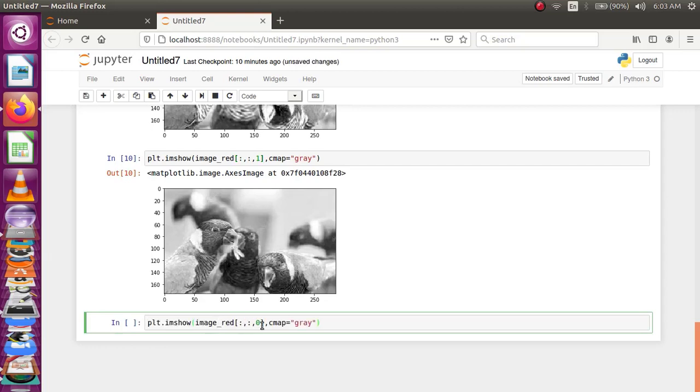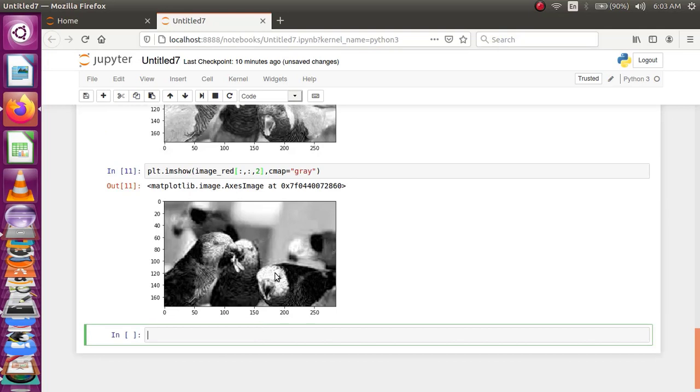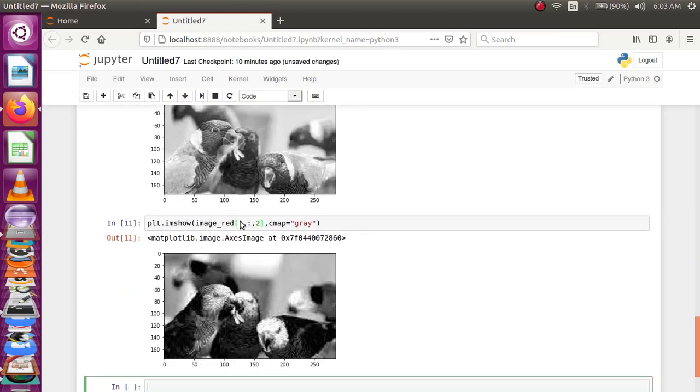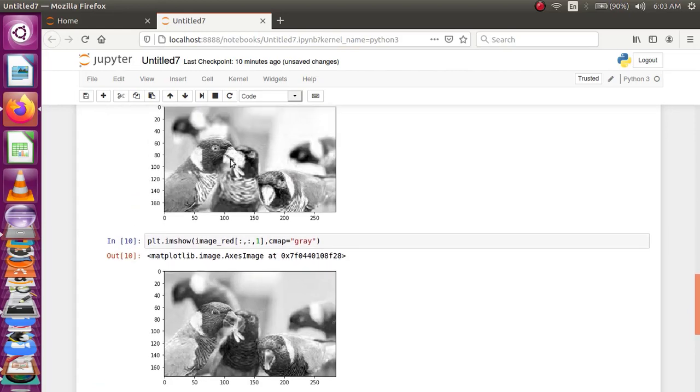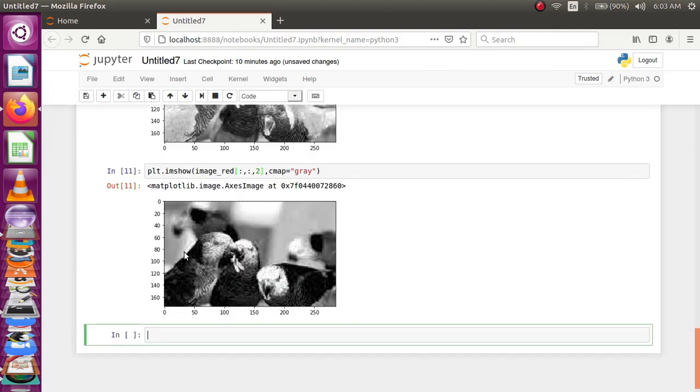Blue channel is nothing but the second channel. Here you can see that the blue information is present on the head portion. Let's go and check. See here, the blue information is present in the head portion, which appears as brighter pixels in the grayscale image. You might find the difference. Here the beaks are red in color, here the body is green in color and it appears brighter. Here the head is blue in color, that appears brighter, and other pixels appear darker. This is how it maps to color code.